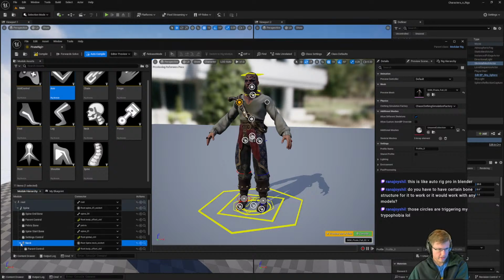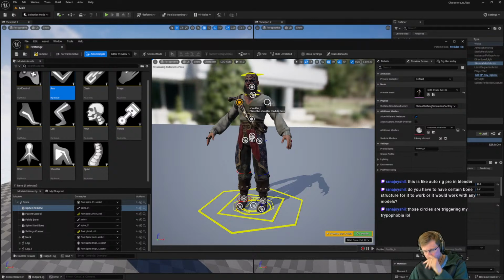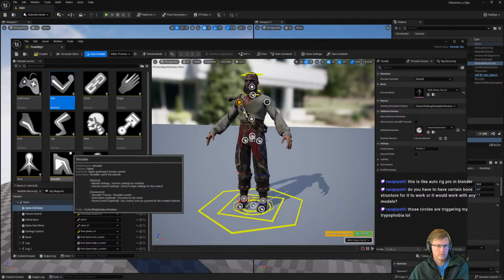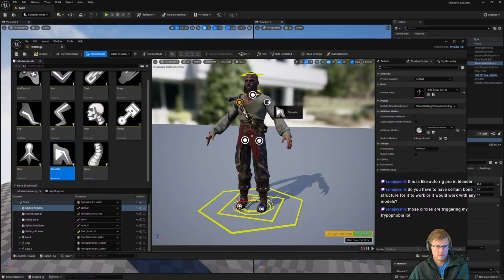Let's go back and delete some of these shoulders. Oh, because the shoulder wasn't connected. It's a shoulder. I was putting the arm on the shoulder.